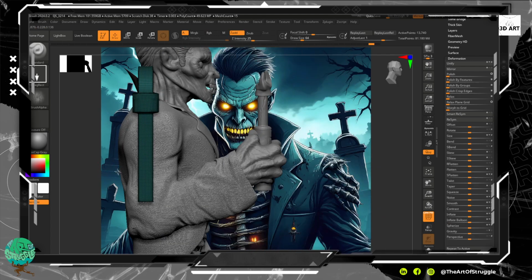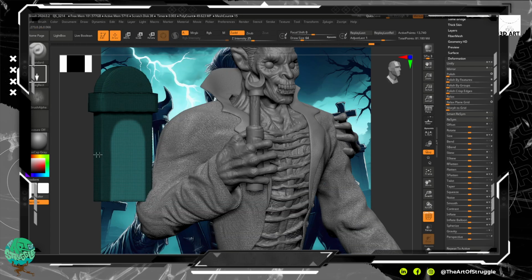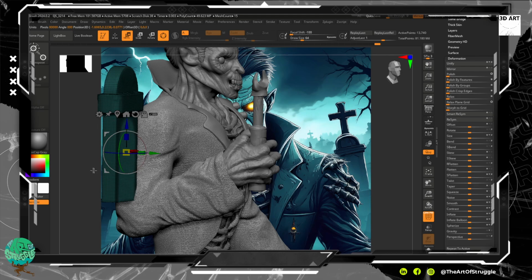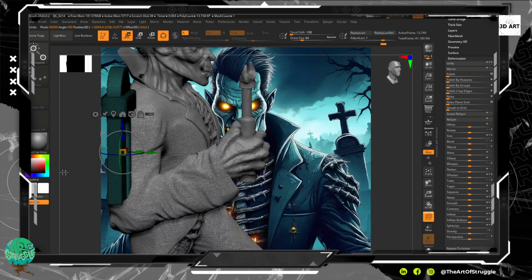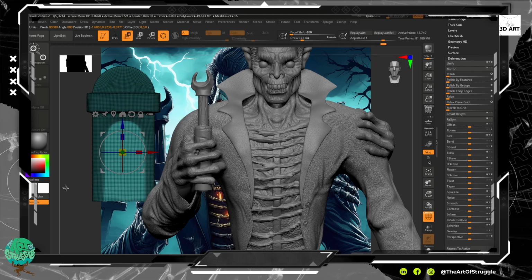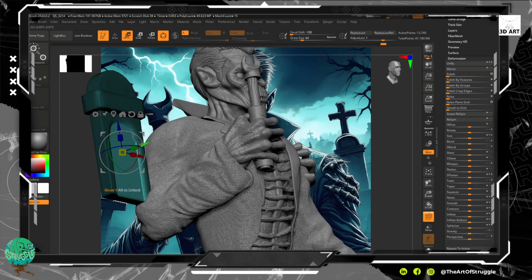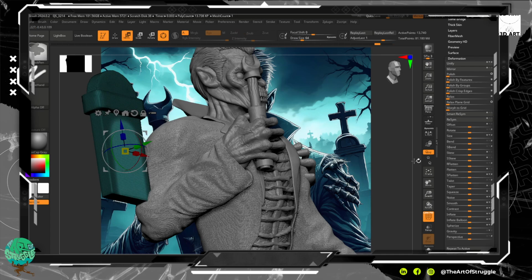Actually, let's do a move. Move right there. So I can either move this in or out. I'm gonna move it in a little bit. Let's do